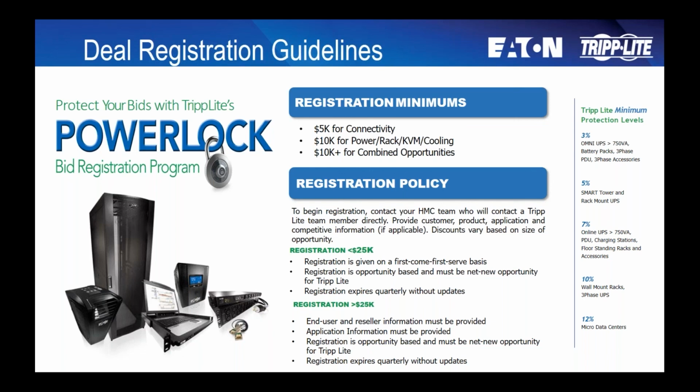So if let's say it's connectivity and it's power, then it's going to be $10,000 in order to qualify for registration. Over here on the right, there are minimum level protection levels, and I will emphasize minimum. So we take everything on an opportunity by opportunity basis. Depending on the opportunity, you might get a lot deeper of a discount depending on the amount of information